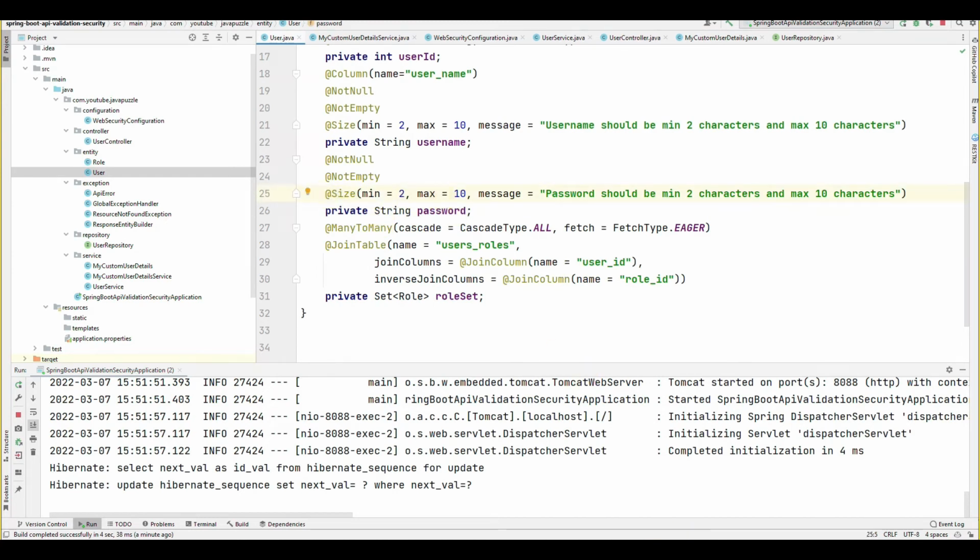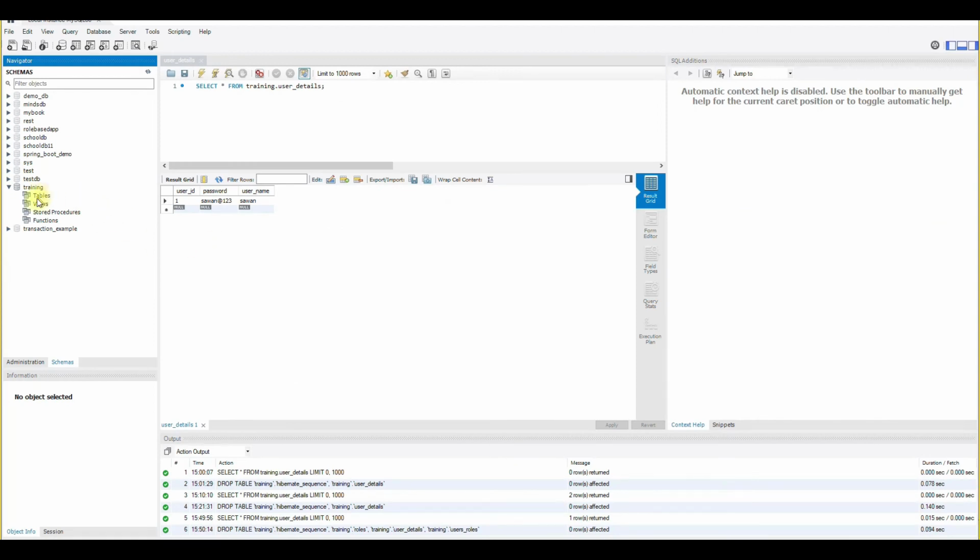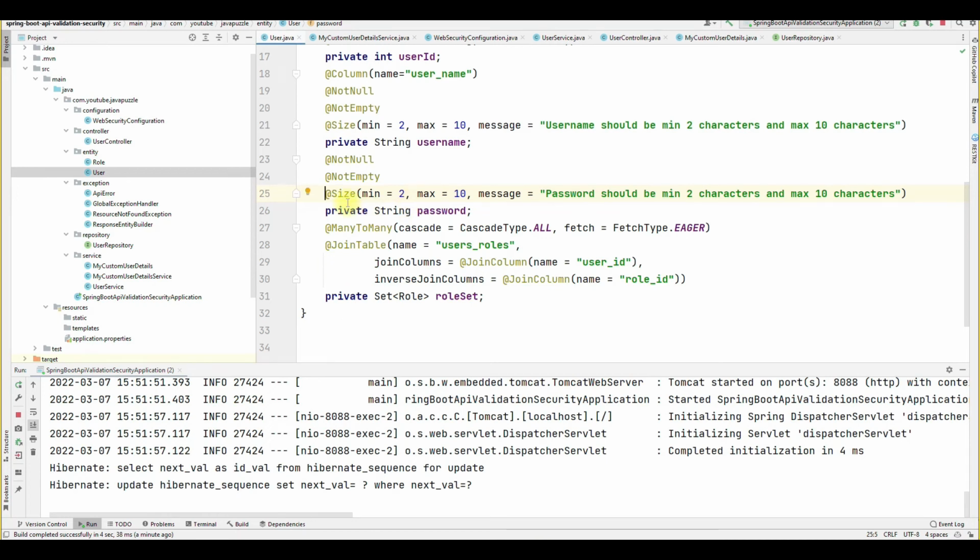And one more thing, let me refresh this. Inside the user detail you will see the password length is 10. Okay, but we are going to store the encrypted encoded password, so their length can be around 15 to 20. So what we can do here, let me comment this size validation for the password first.